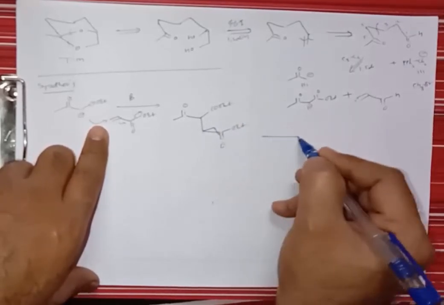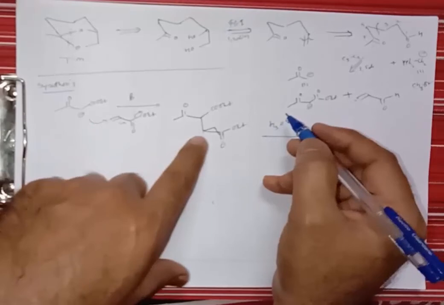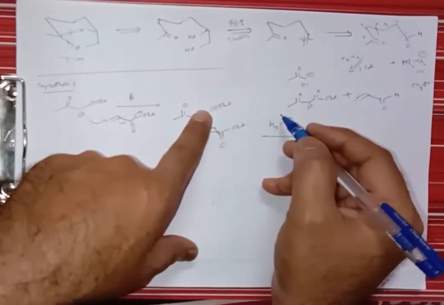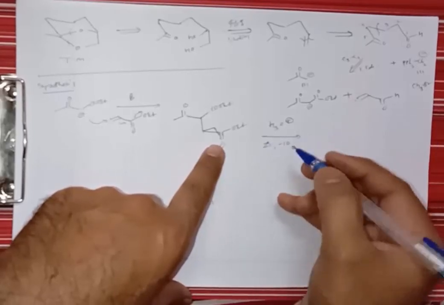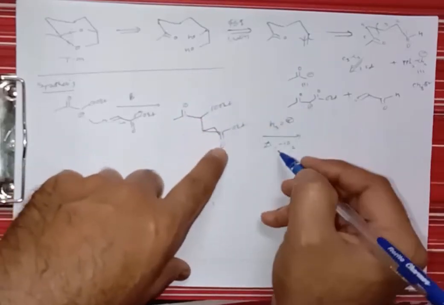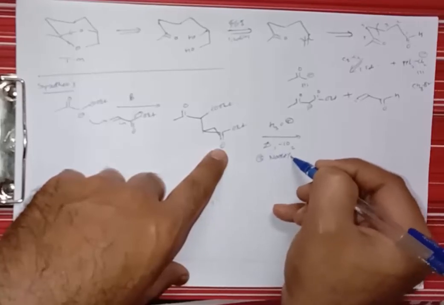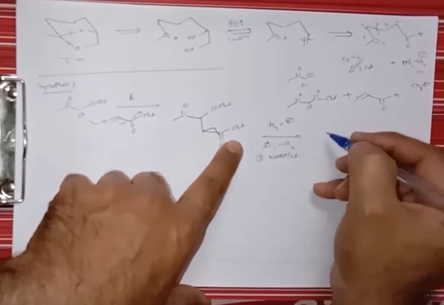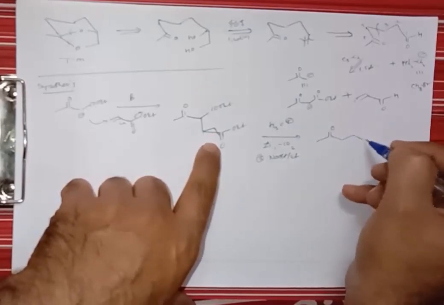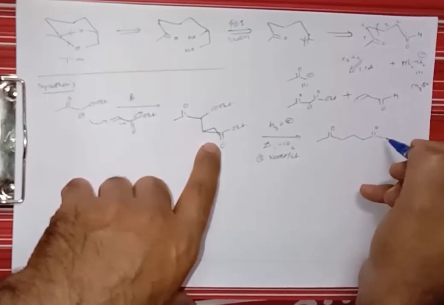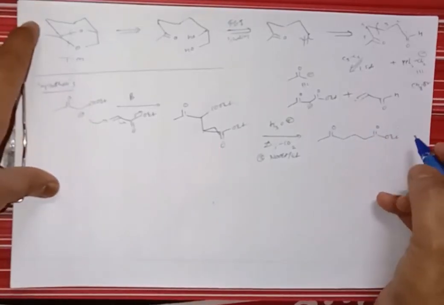Now we can treat this molecule with acid, H3O+, and then both ester groups undergo hydrolysis, and if we heat this molecule it undergoes decarboxylation. Further, we treat this molecule again with sodium ethoxide in the presence of ethanol, then the acid will be converted into ester, and it gives CH3-C(=O)-CH2-CH2-CH2-C(=O)-OEt: 1, 2, 3, 4, 5, that is the 1,5 dicarbonyl compound.